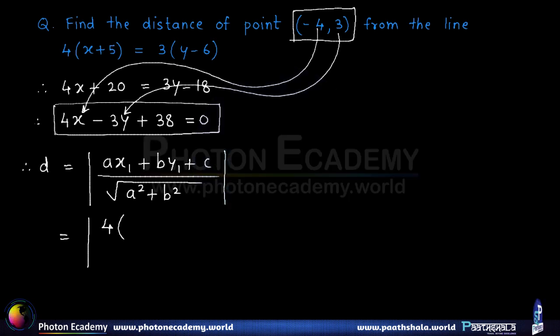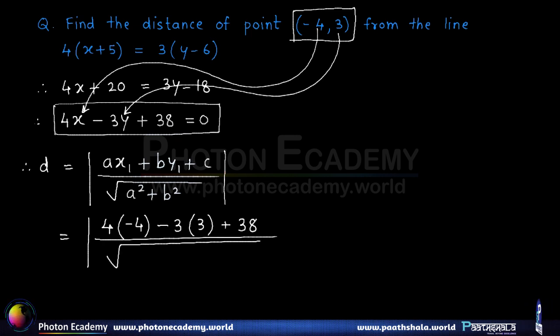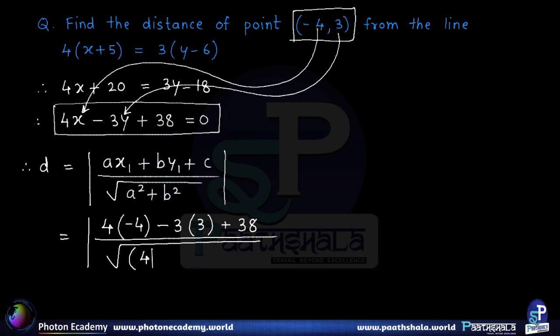So we have 4 into minus 4 minus 3 into 3 plus 38 divided by root of 4 square, which is a square, plus minus 3 the whole square, which is b square. Okay. So on simplifying that further,